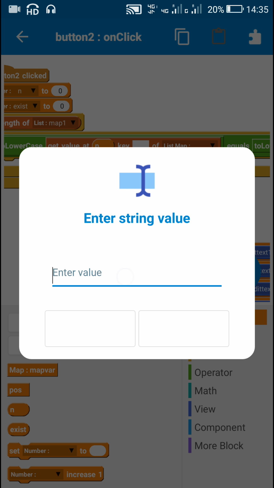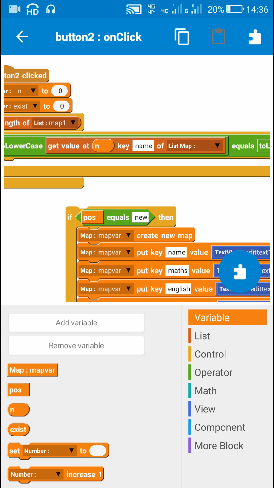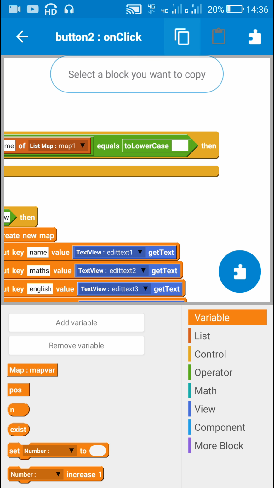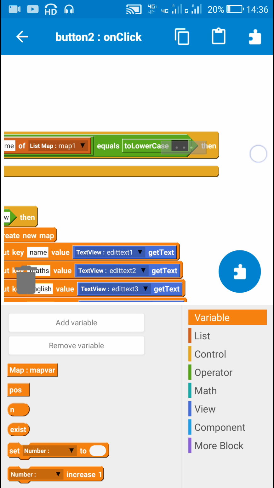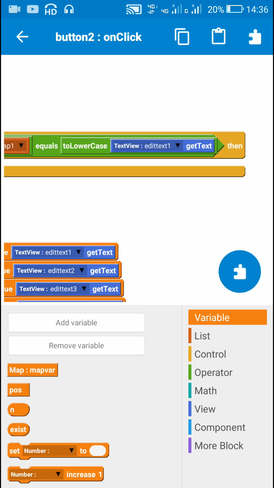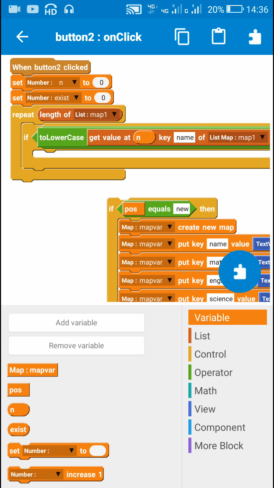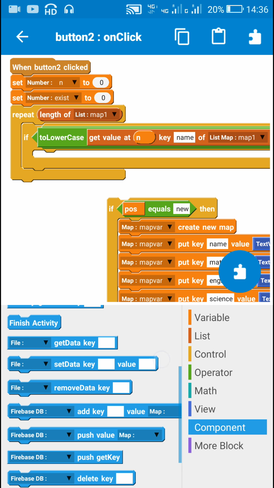and key name, which is the same key which I used to push data to the database of list map1, and if it equals to lowercase edit text 1 get text, then in that case it already exists in the database and I don't have to push the data to the database. So in order to prevent that,